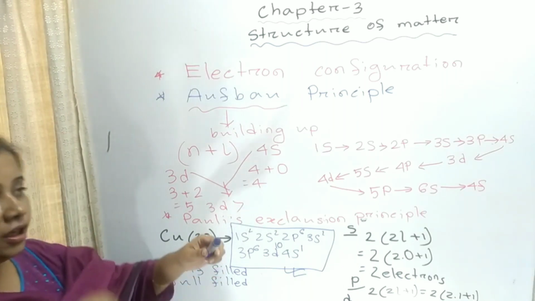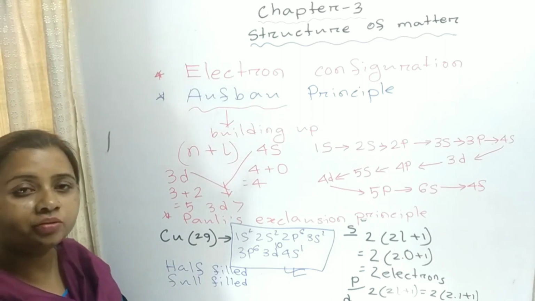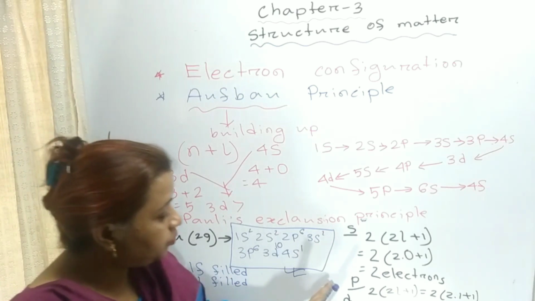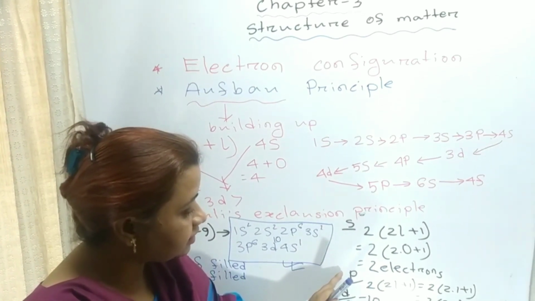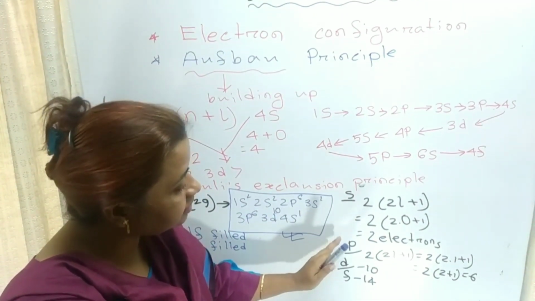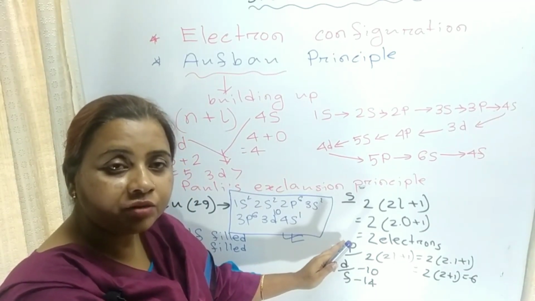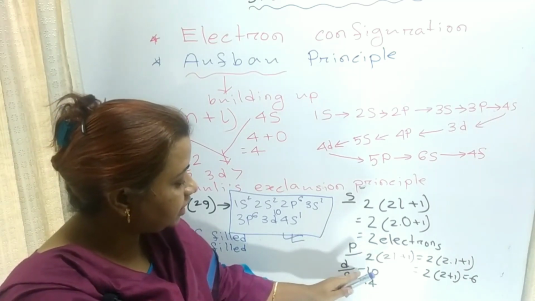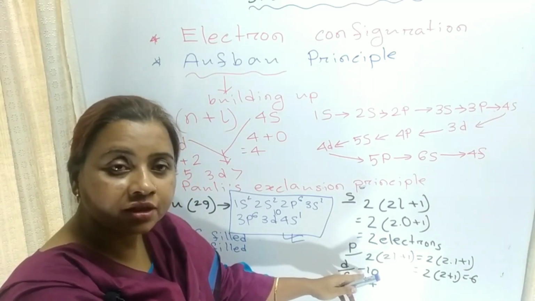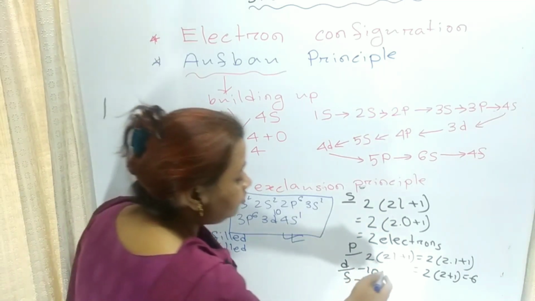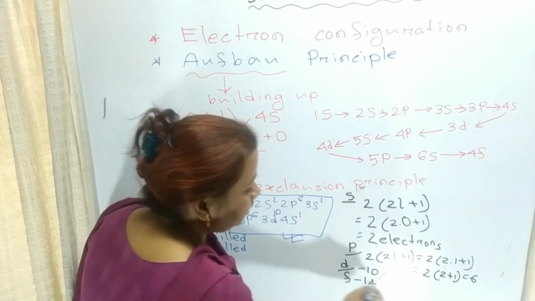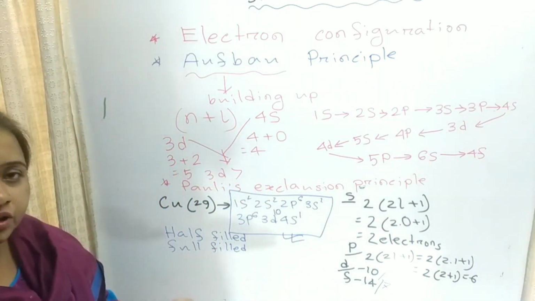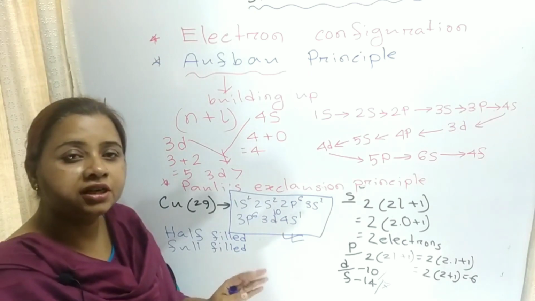Have you understood? And I told you that whenever any orbital is half filled or full filled, at that time it is most stable. Suppose the highest capacity of p is 6; if there are 6 electrons, it is stable. Even if there are 3 electrons, it is also stable. In the d orbital, 10 electrons is stable, but even 5 electrons is stable. In case of f, 14 and 7, both are stable. Half-filled or full-filled orbitals are always stable.